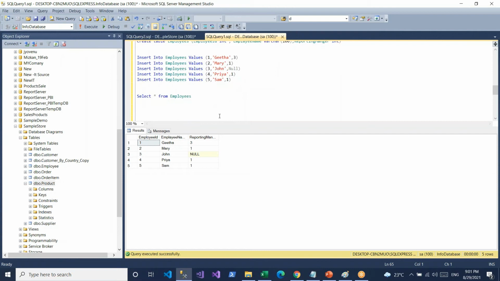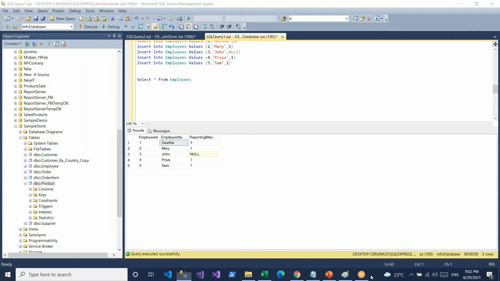Okay, now my question is, my manager asked, who is the manager for this employee? He needs the list. He doesn't want to go check here and see who is Geeta's manager, and John will be Geeta's manager. He doesn't want to do that. He needs a proper list with employee name and reporting manager. So he asked that. In that case, we have only one table. So we need to consider this table as two tables.